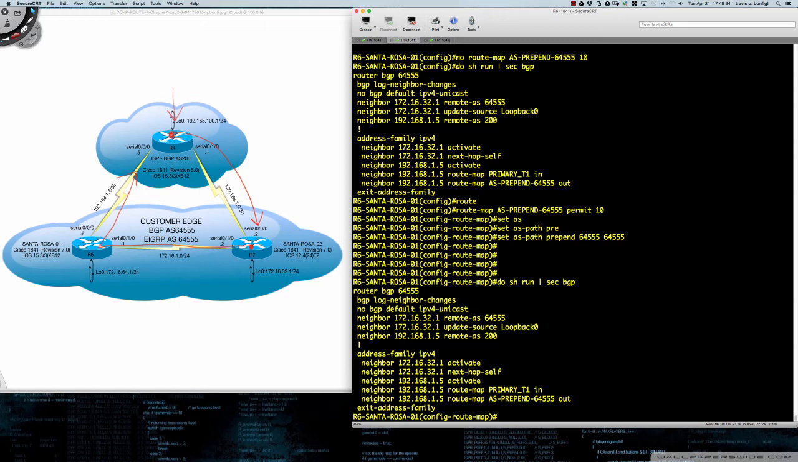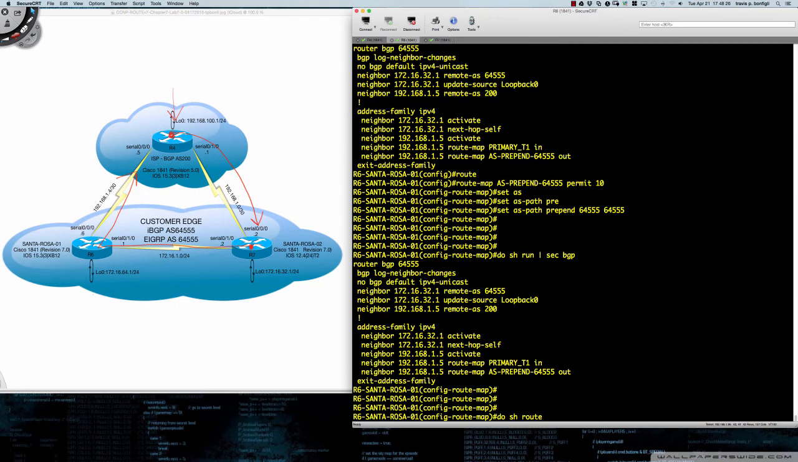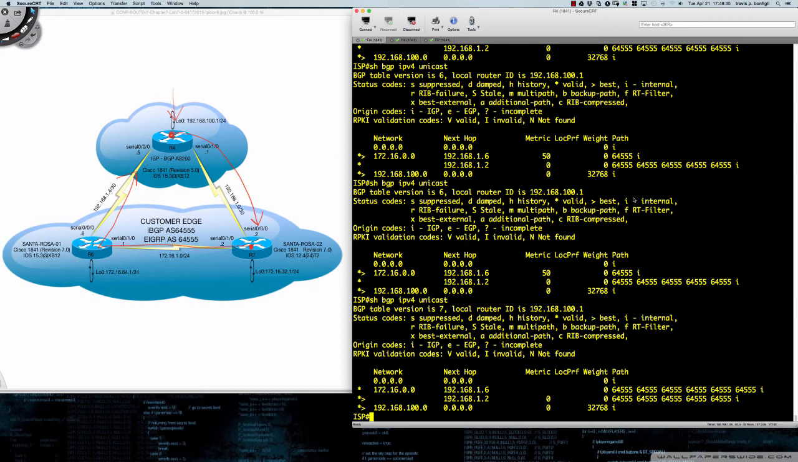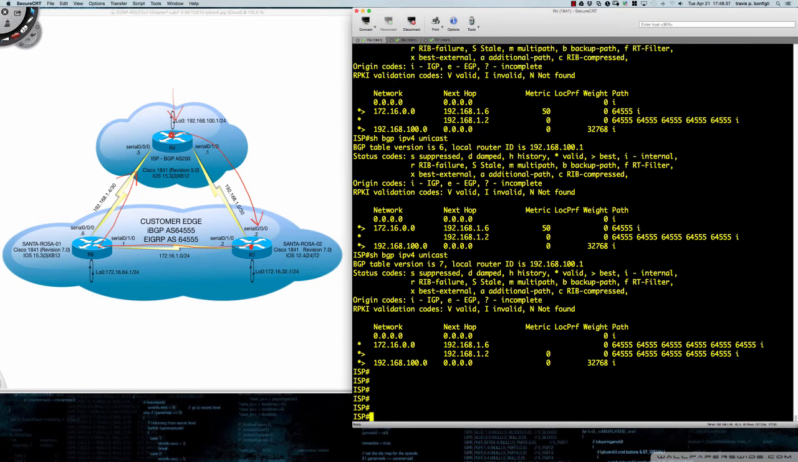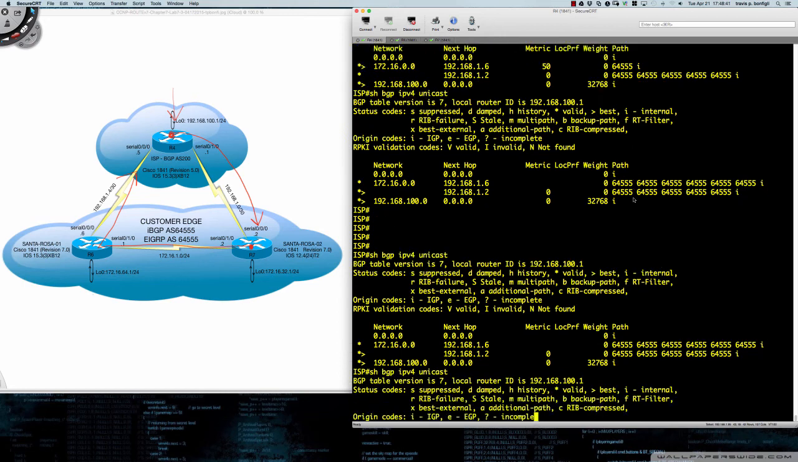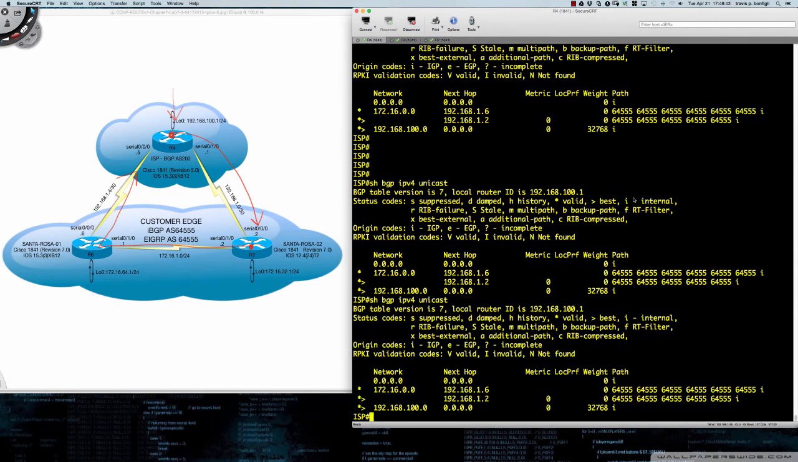I want to make sure that the prepend is on there, and then do show route map to make sure that our route map exists. And there's the statement there. And now we'll sneak back over here to the ISP router, and let's see if we have now, instead of using MED, let's see how long it takes the 15 code